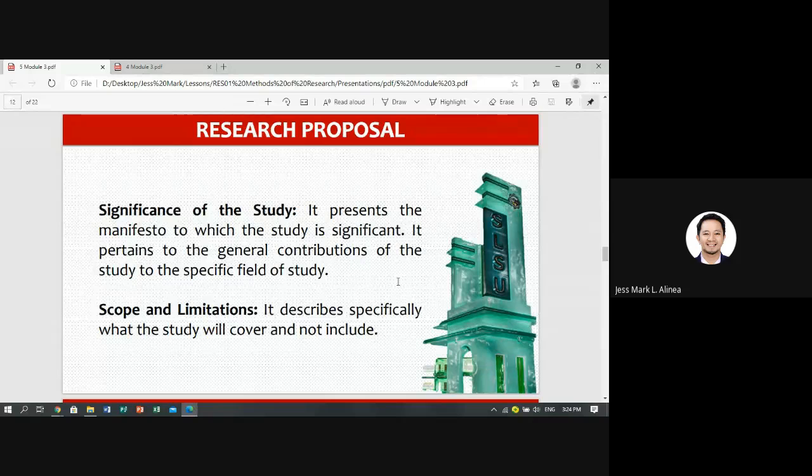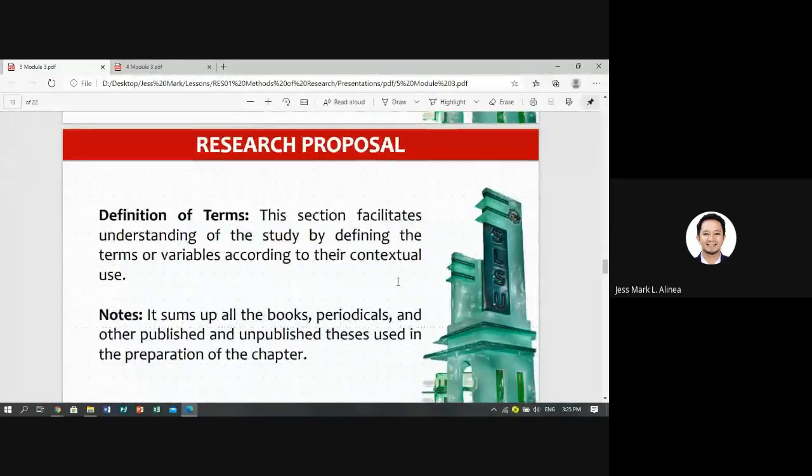You detail the scope. Then when it comes to limitations, you set what your device cannot do. If there is no signal, it cannot send. If there is no internet, it cannot send data. If there is no battery, it also cannot send data. So there are limitations, and you need to detail them. Here you will see the coverage and the loophole of your device. You know this when you conduct the study. If you cannot accomplish something, put it in the limitations so the reader does not expect you to have attained something your device cannot attain.